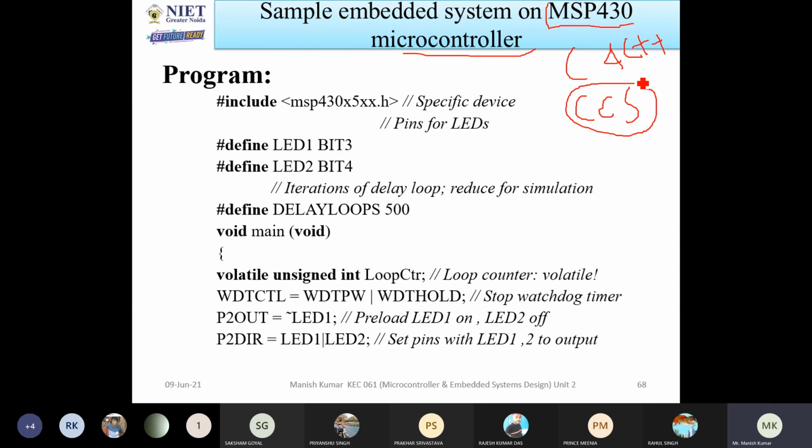Now, all of you know C programs, correct? All of you are familiar with C programs. But when I'm writing C programs for this particular device, that is called embedded C. It's not a general C, it's called embedded C. In embedded C, there is a particular device for which I'm going to write the programs.